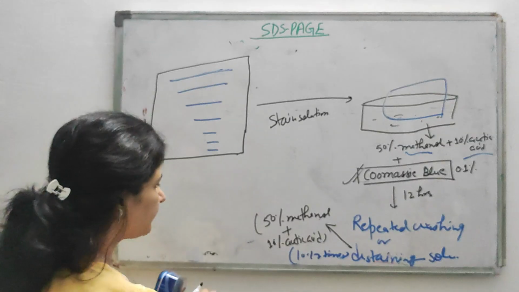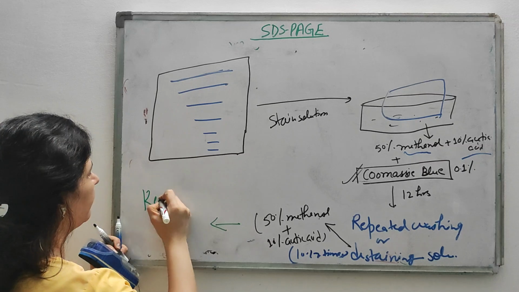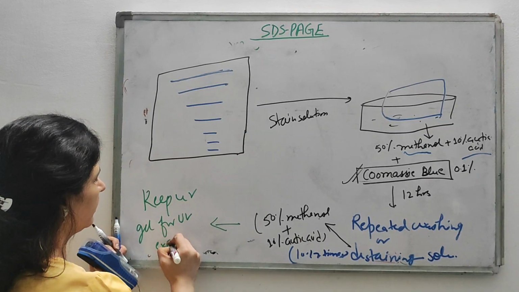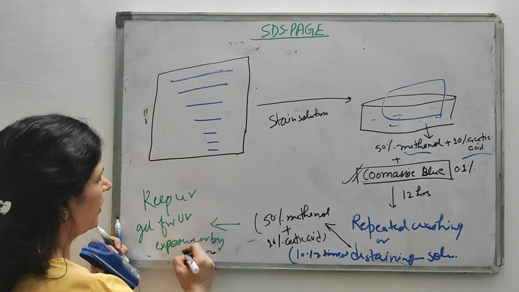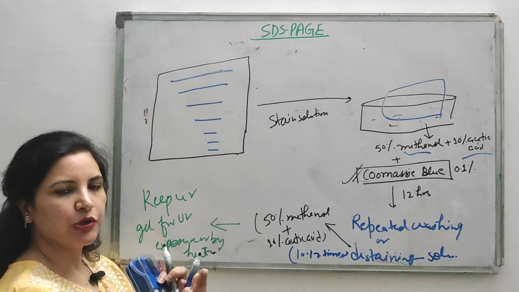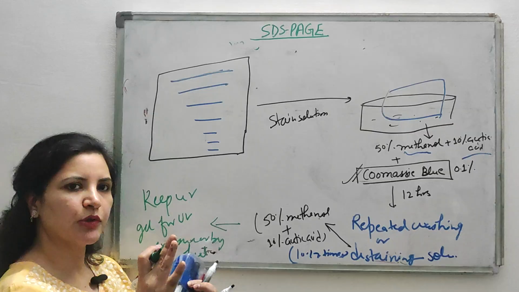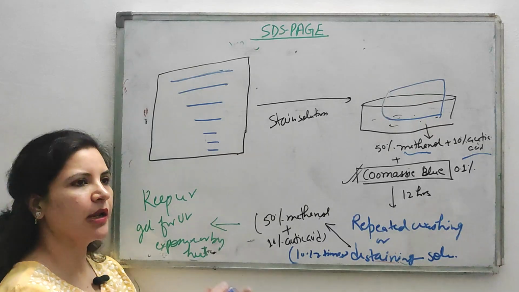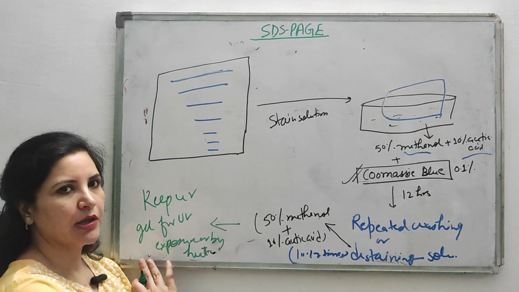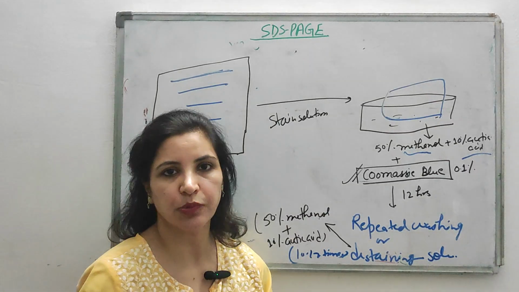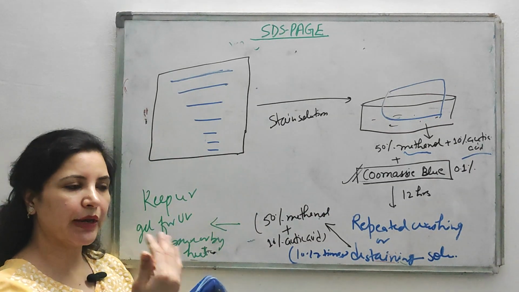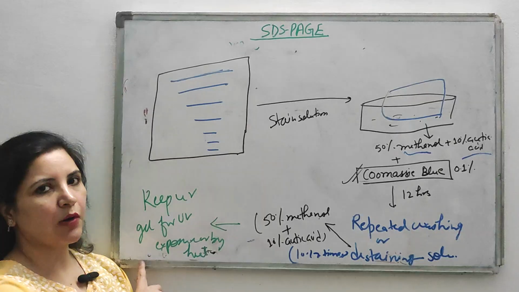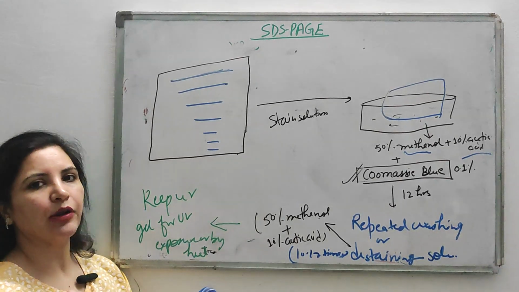After that you will keep your gel for UV exposure or by heat. By UV exposure or heating, you will save it for your future work. Suppose you will preserve it, because in the near future you may want it for research or other purposes, so you will store it. So this is all about the SDS-PAGE process: how you get your protein bands, how protein bands are separated in the gel, how you stain your gel, and how you finally store or preserve your final gel in which you get your protein bands.